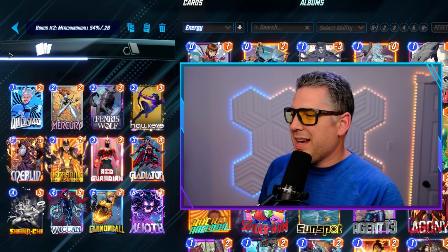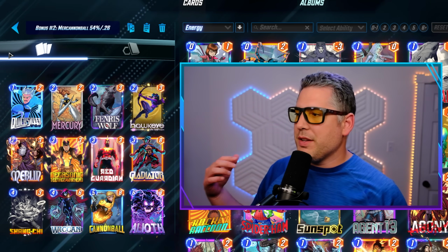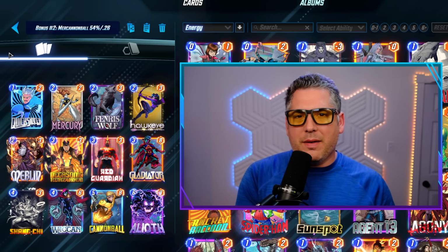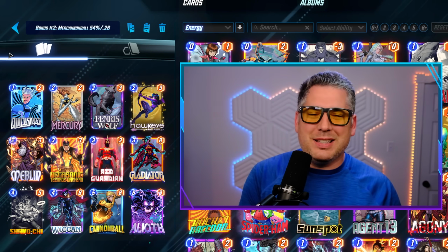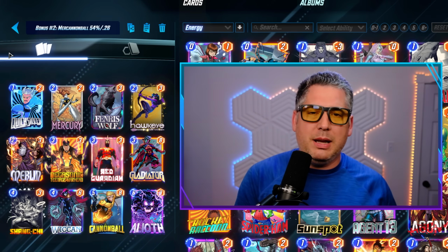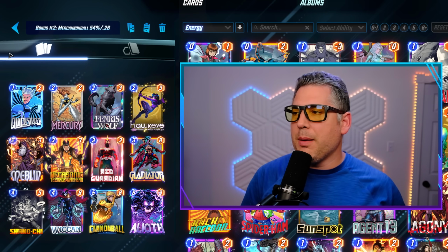Now it sticks out because you have the Negasonic and you have the Destroy combination with Cannonball and Mercury, of course. You have the Alioth. It has a lot of FU cards, which I think is the reason why it's kind of sticking in people's minds. It had a 70 to 100 game sample size, so a very large sample size for this win